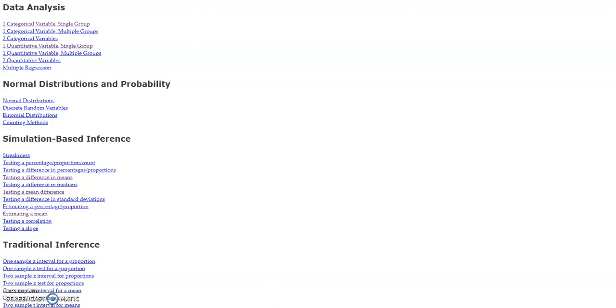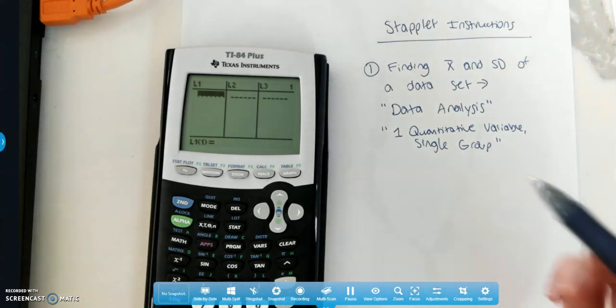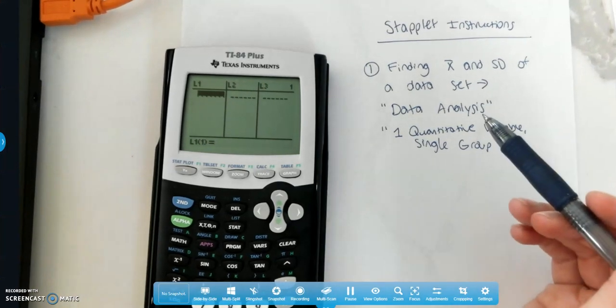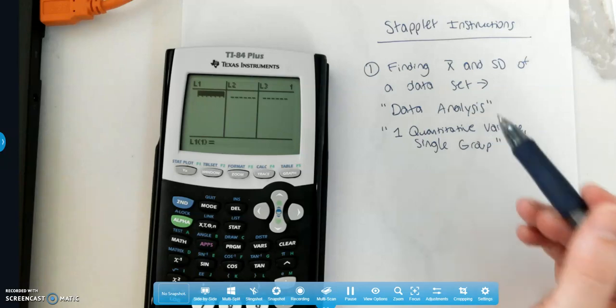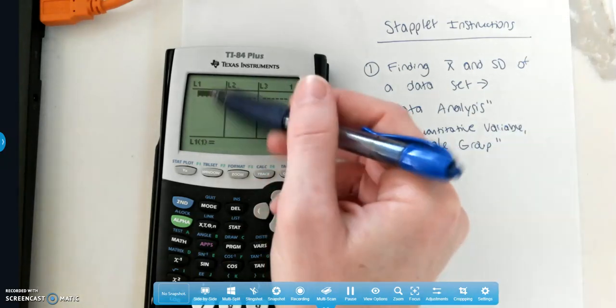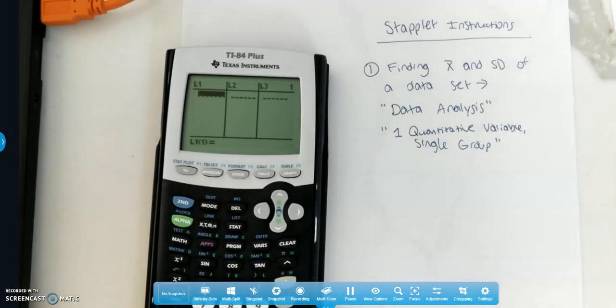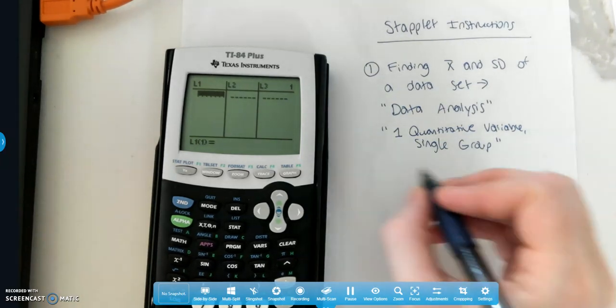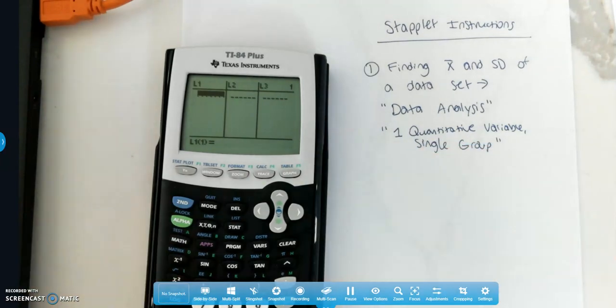So the first one is finding the x-bar and the standard deviation of a data set. I'm going to give you a data set. We're going to do it on this calculator together, and then I'm going to show you how to do it on the Stapplet. All right, so what we are going to be doing is an analysis of the number of